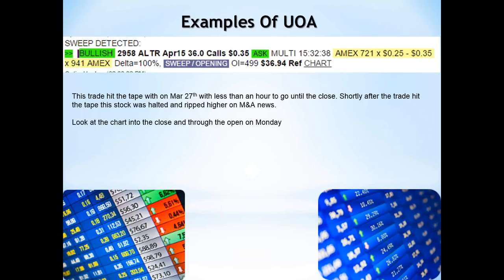So let me lay out a scenario for you. I have stock XYZ that trades on average 200,000 shares a day. Then I see someone come in and buy 10,000 out of the money calls with a 25 delta in stock XYZ. Well, the market maker that sold them those calls is going to hedge himself now. On 10,000 calls that he's short on a 25 delta, how many shares of stock does he have to buy to completely hedge himself in that position? Not 1 million shares. Even if he's hedging it perfectly, he would do 1 million. But if he's hedging it on the delta, he'd buy 250,000 shares.